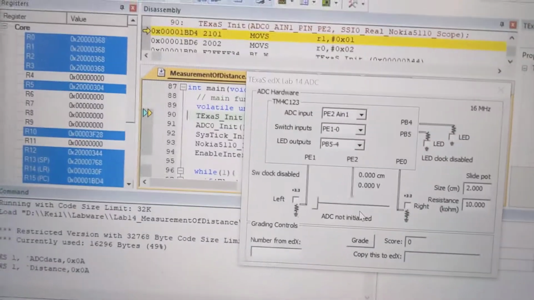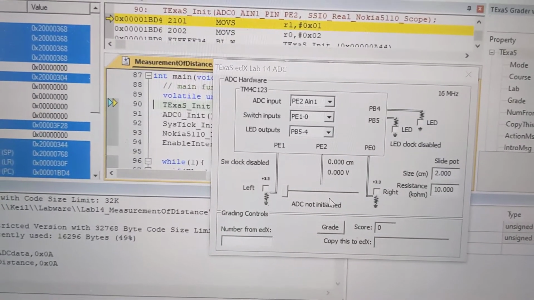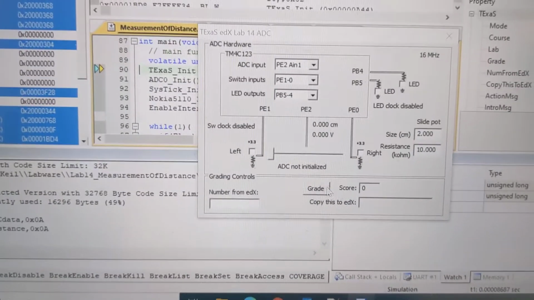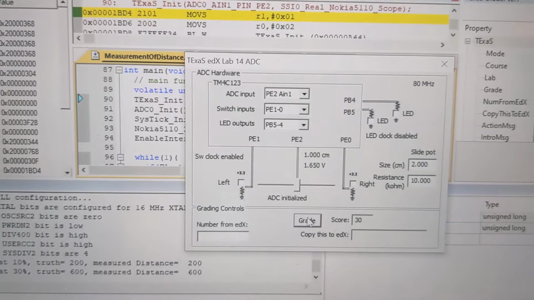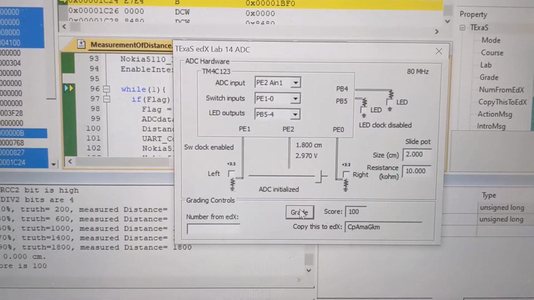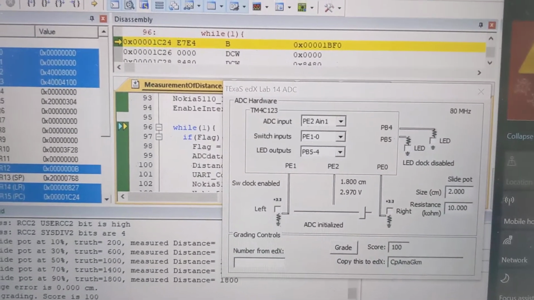So here we are checking the distance by switching off the potentiometer, so it's converting analog to digital. And now let's move on to our grade button. So we can see it's been grading by shifting by 2 centimeter, and we can see here